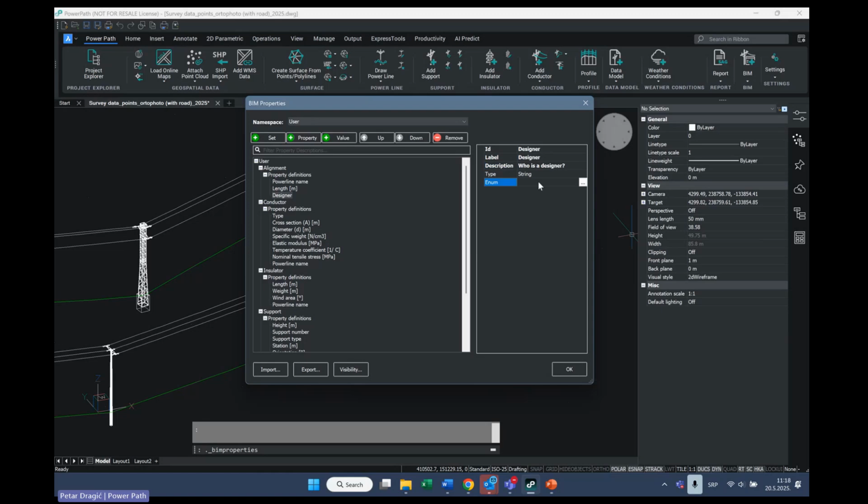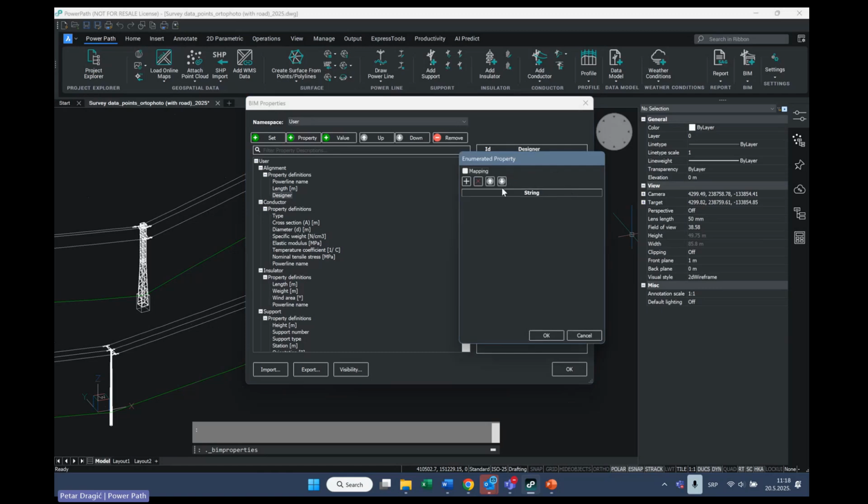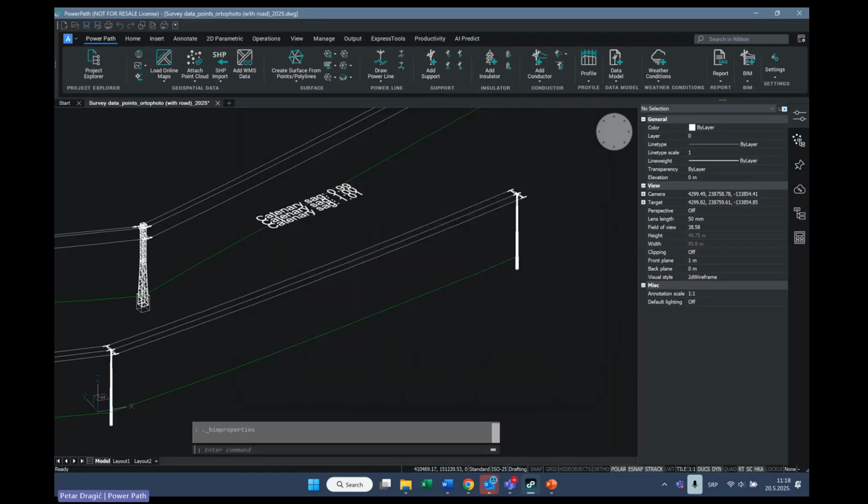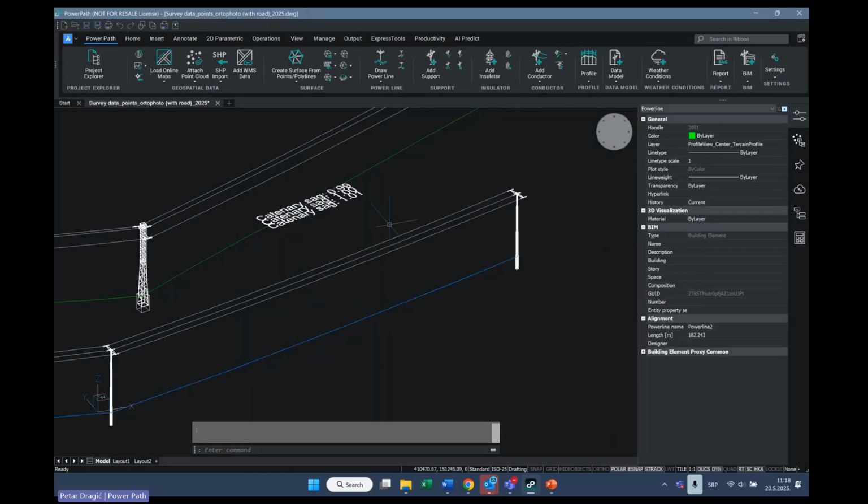Of course, the value you can put in manually, but there are also different options. For example, you can define a list of designers. If I press OK and select the alignment, you will see that the BIM property designer is now defined, and here is an option to choose who is the designer. For example, let's say ABC. Okay.